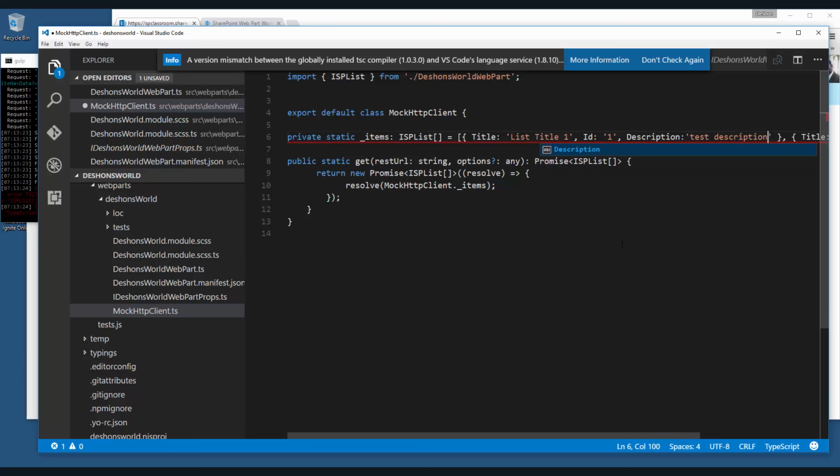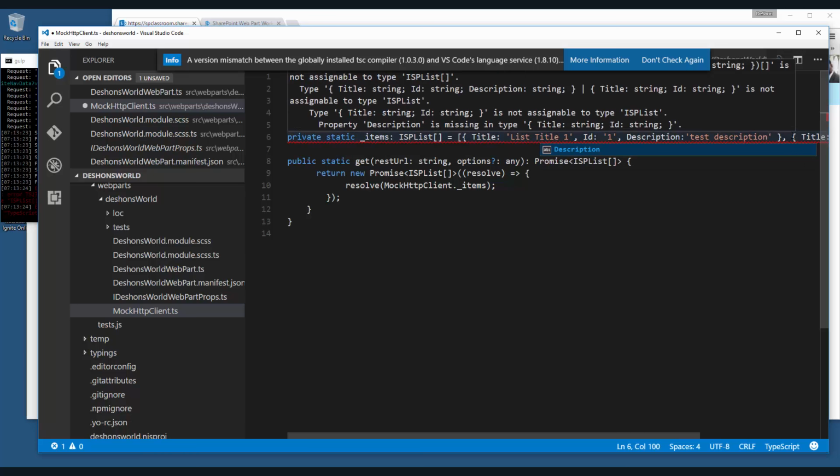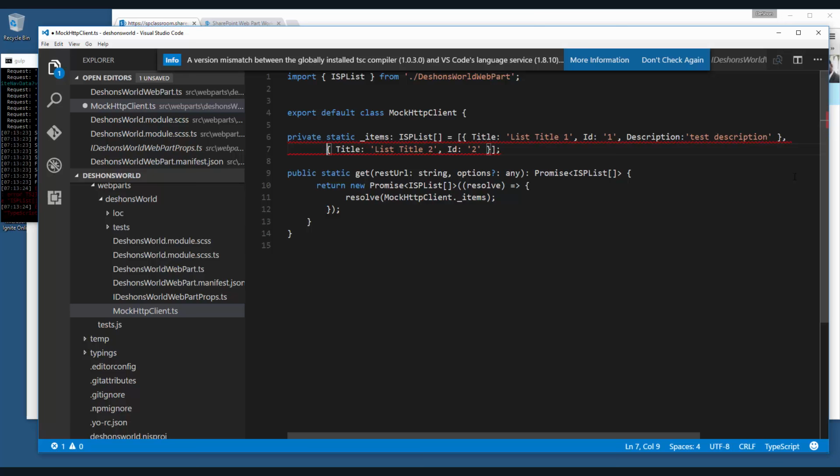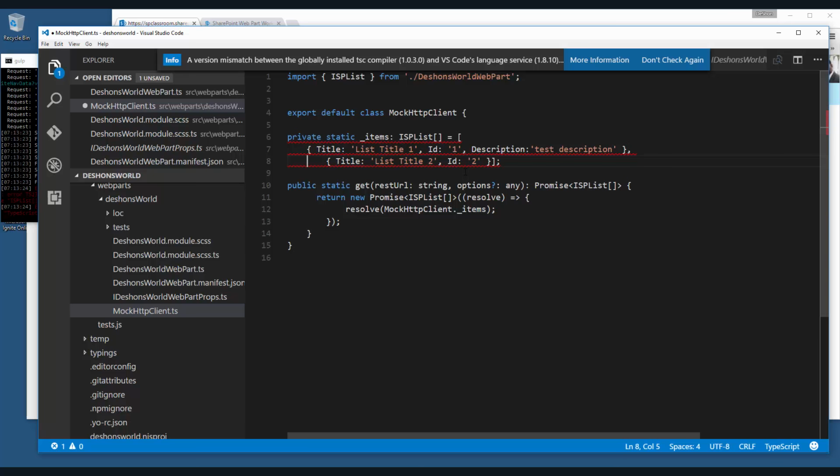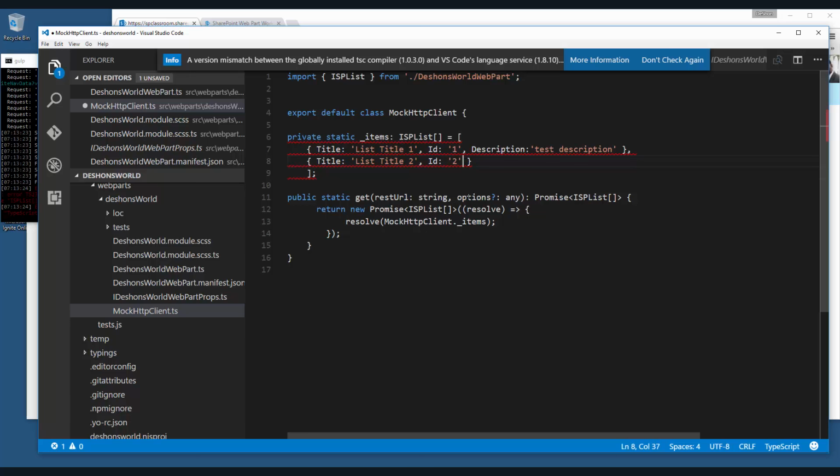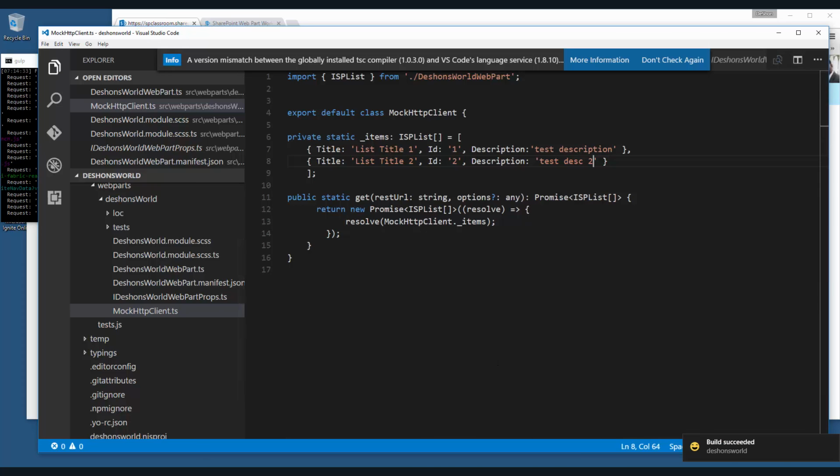Just description. Actually, let me move this to another line so this array is a little easier to manage. Actually, let me move all of them to a new line so I can get my indentation here. Okay, so the first item should be taken care of. IntelliSense is kicking in, so I think I'm on the right track. Okay, so now if I save this, build is happy, build succeeded. So now if I go into